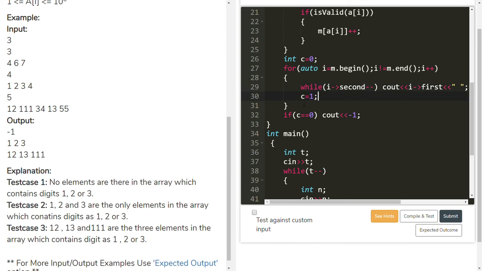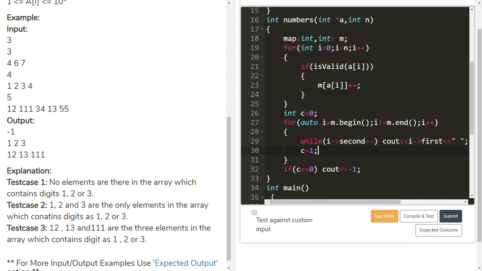The map has some values, so c equal to 1, and this if block does not execute. If suppose no elements exist, like in test case 1, then the c value is still 0 and the output will become minus 1. But now the output is 1, 2, 3.